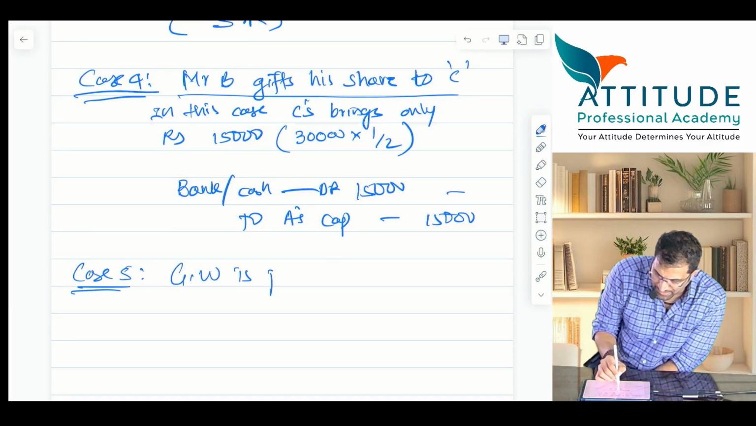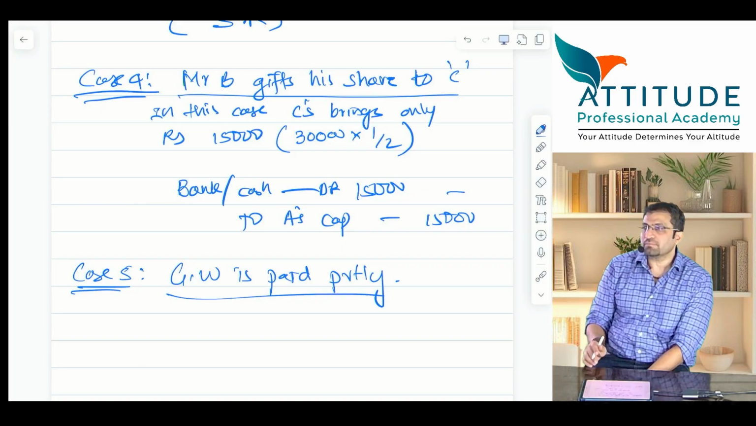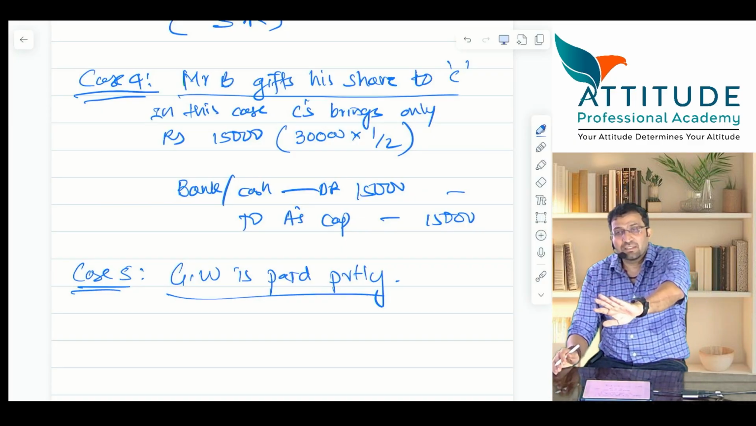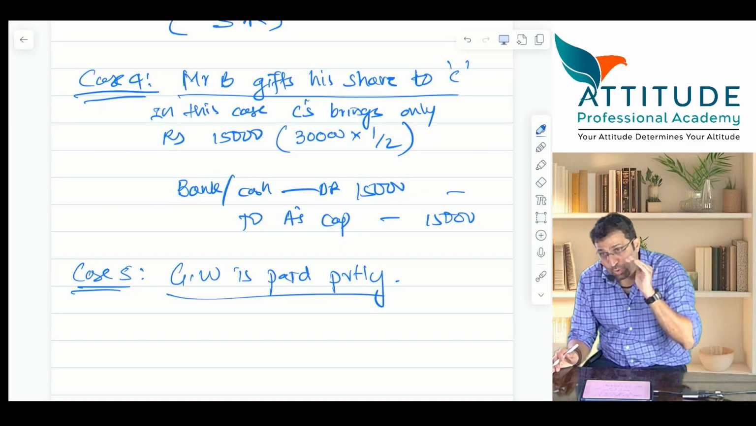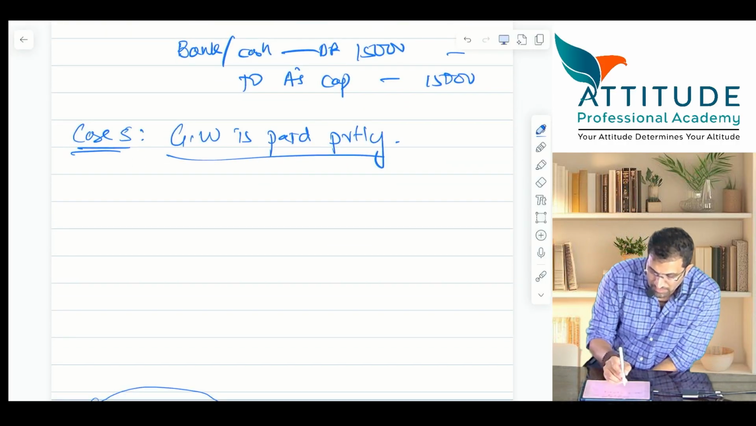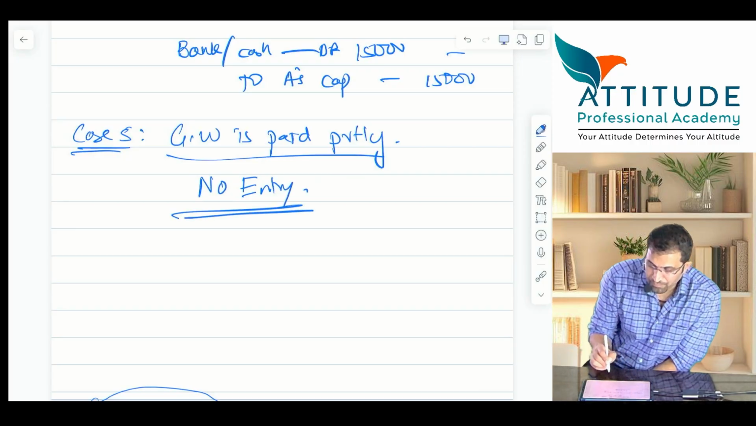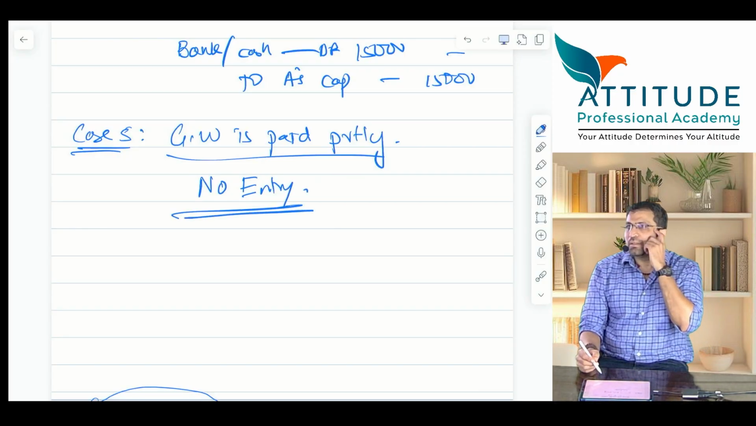Goodwill is paid privately. Goodwill is paid privately. Privately means I am paying you in cash privately, not through the partnership. Partnership में पैसा ही नहीं है वो. Entry. No entry. Privately means